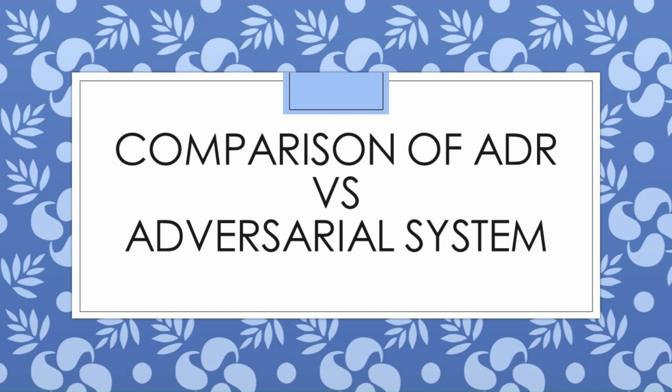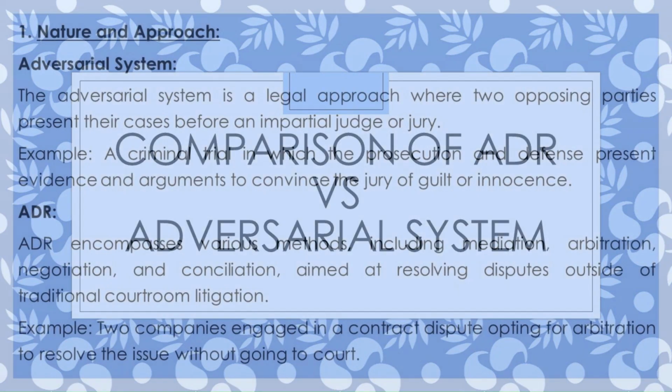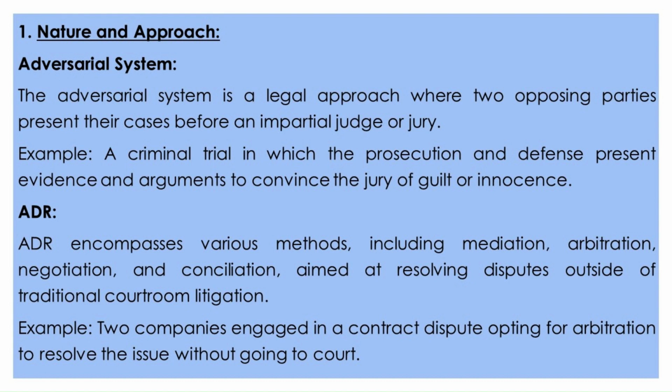Comparison of ADR versus adversarial system. 1. Nature and approach. Adversarial system. The adversarial system is a legal approach where two opposing parties present their cases before an impartial judge or jury. Example: a criminal trial in which the prosecution and defense present evidence and arguments to convince the jury of guilt